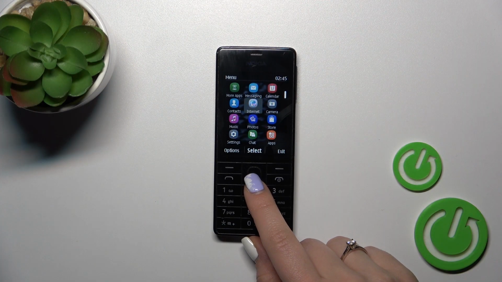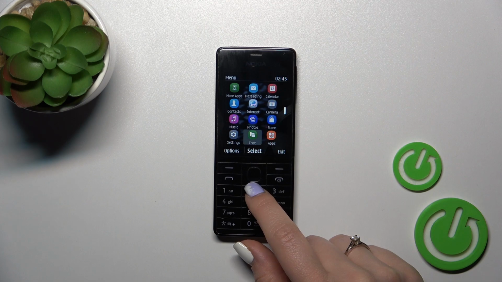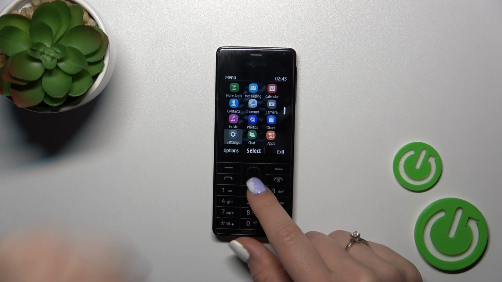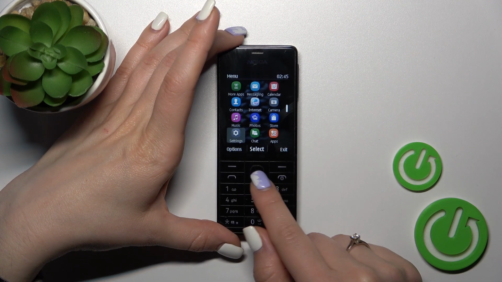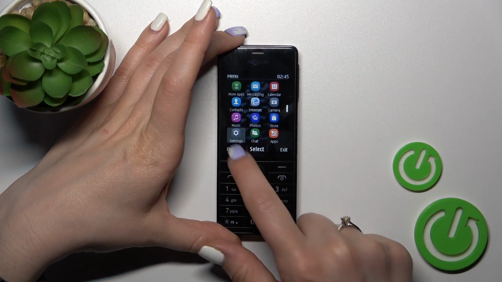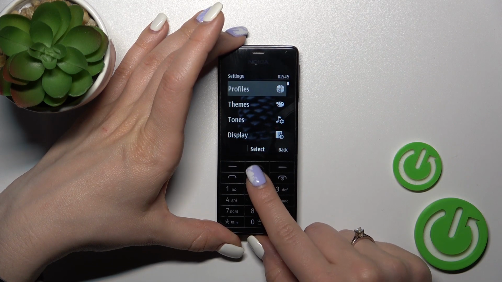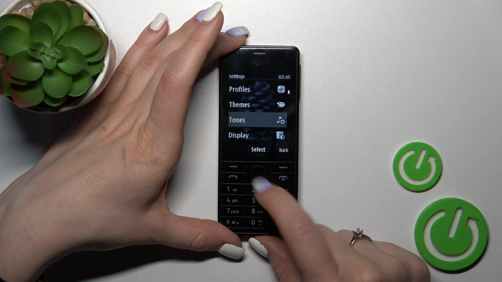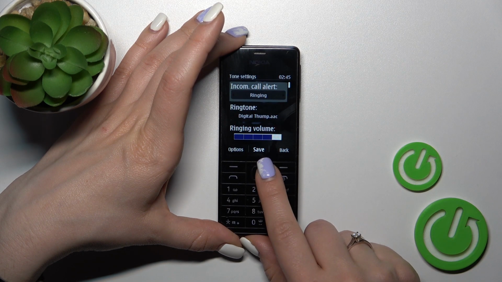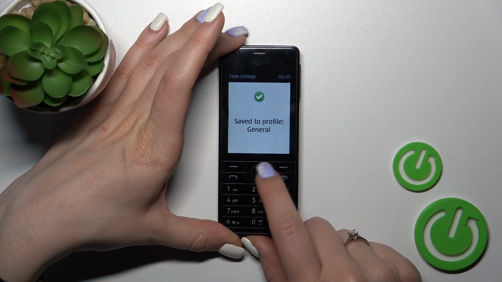So first open the menu, then scroll down with the volume down, or the down, right, left, or up buttons to the settings. Select the settings and scroll to tones. Select the tones. Here we could switch incoming